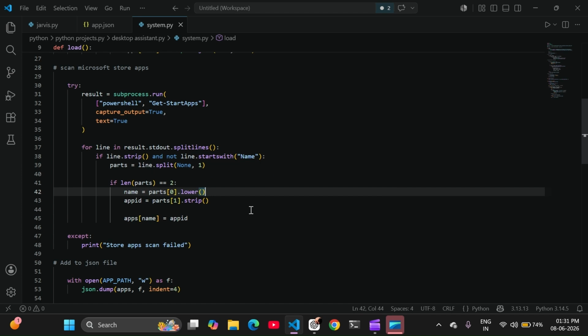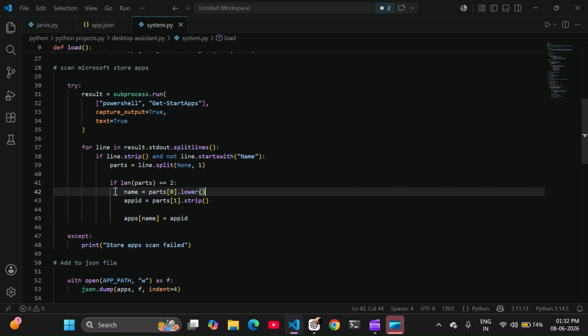Only one time. None splits by space or tab or the empty string, whatever. And 1 means only split one time, so that's how your single line will convert into two parts.